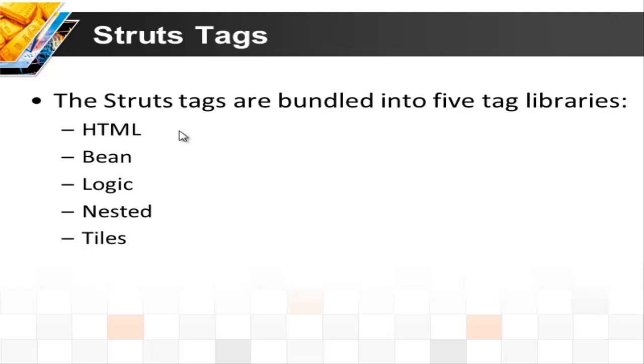I will briefly go through all the different tags because there are a lot of them. As and when we develop our application, we may use some of them. Again, I'm not guaranteeing that I'm going to use all of them. So let's look at the different tags which are available. Struts comes with five different tags: the HTML tag, bean tag, logic tag, nested tag, and the other one is actually a plugin, that is the tiles plugin. We will see the tiles plugin as a separate part during the lab